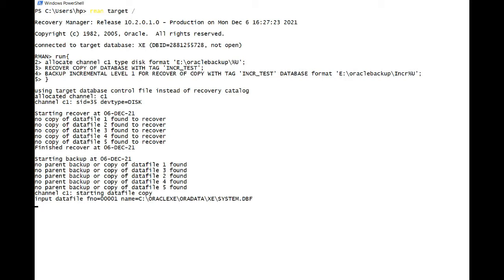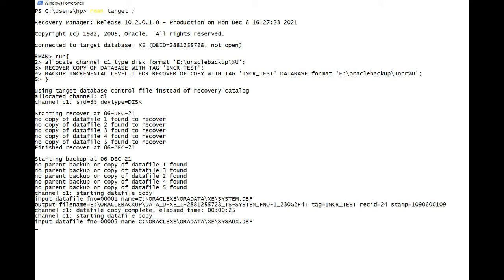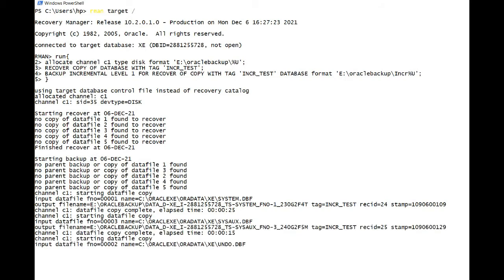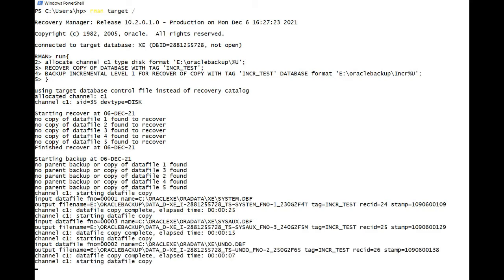Since there is no base level 0 image copy present here to apply the recovery, it says no copy of data file 1 found to recover, and it is the same for the other data files as well. Since this is the first time we are running the RMAN incremental backup script, it will ignore the first one. Now coming to the second one,